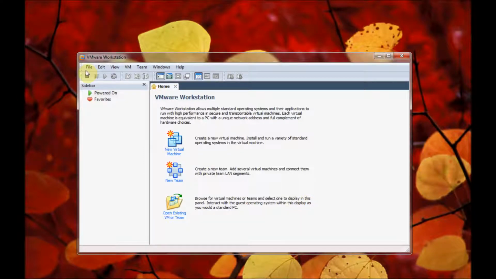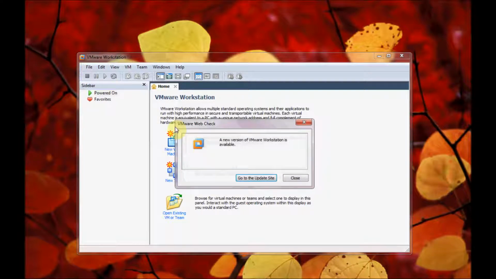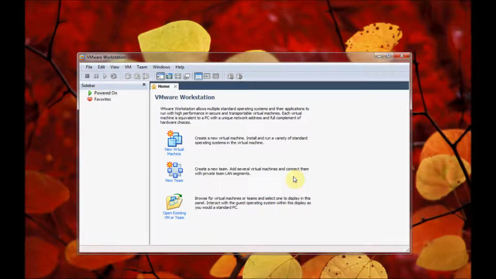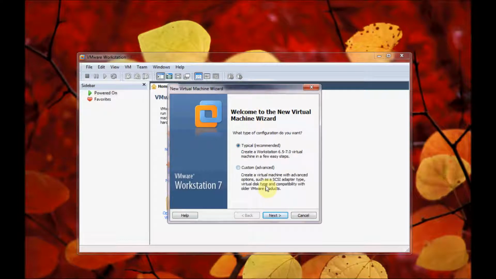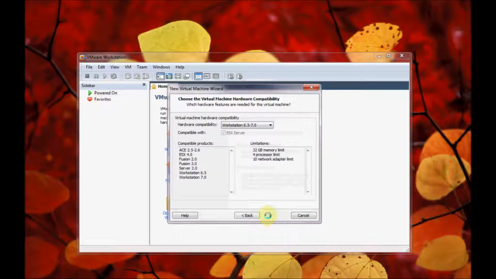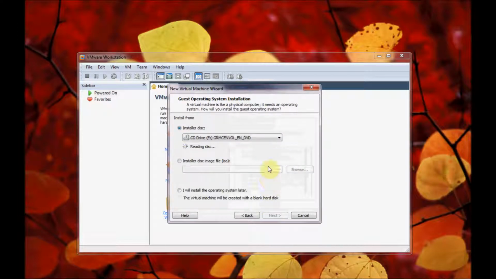Hello, welcome back. This is our first installation for Windows 7 32-bit on a VMware version 7. First, we'll make a new virtual machine. We will not install it typically. We will choose custom installation, leave all the settings for the processor, and start to choose from where you will